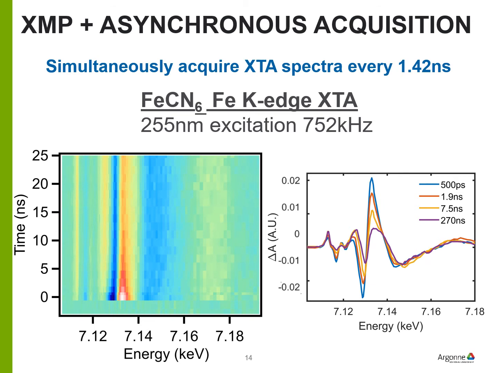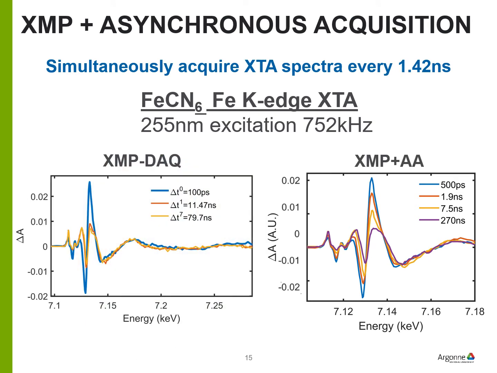And we were exciting ferrocyanide at 255 nanometers. And you can see that we really nicely resolved those early time spectral changes. So you can see, comparing the data acquired with the old X-ray multiprobe technique with the data acquired with the new X-ray multiprobe technique using asynchronous acquisition, we can see that the asynchronous acquisition technique can really nicely resolve these early time changes in the X-ray absorption spectrum, whereas those same changes are pretty much entirely missed with the old